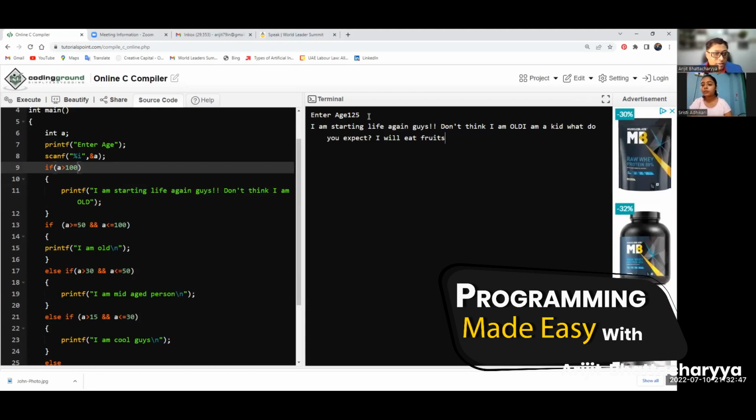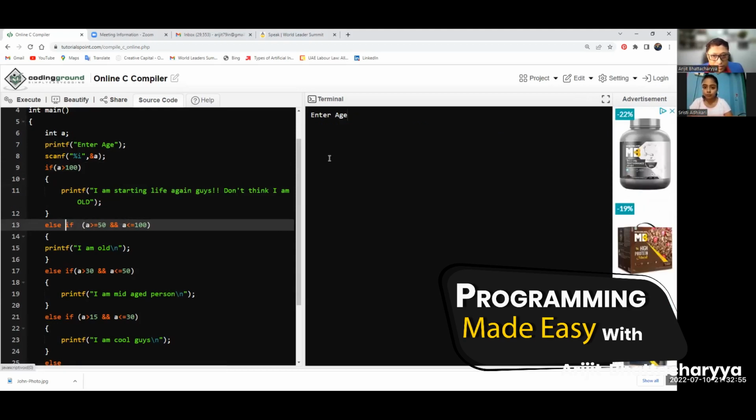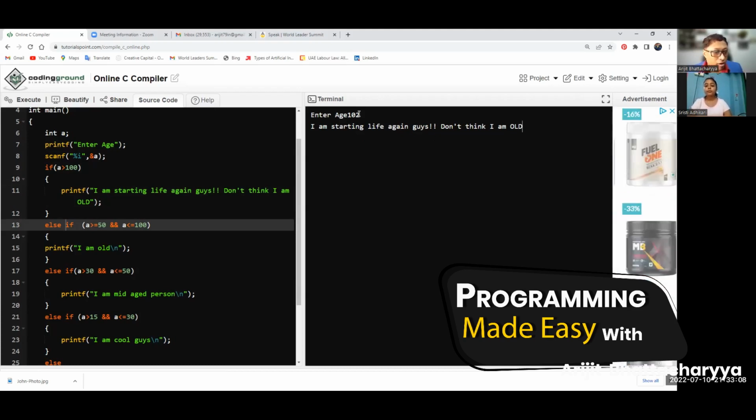Why? Because I didn't put else if here. Now, solved, easy. So when you do programming, always remember these small things may lead to bigger issues, because